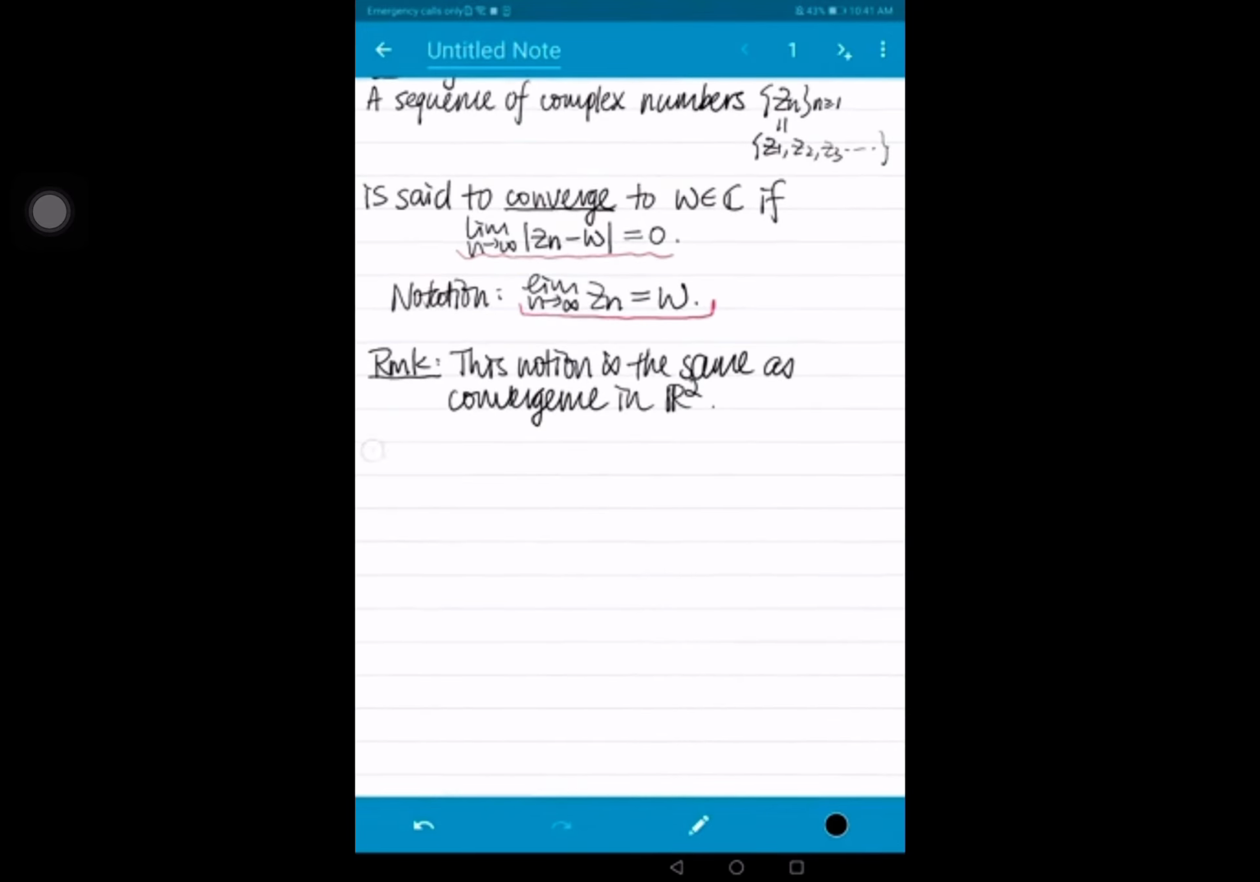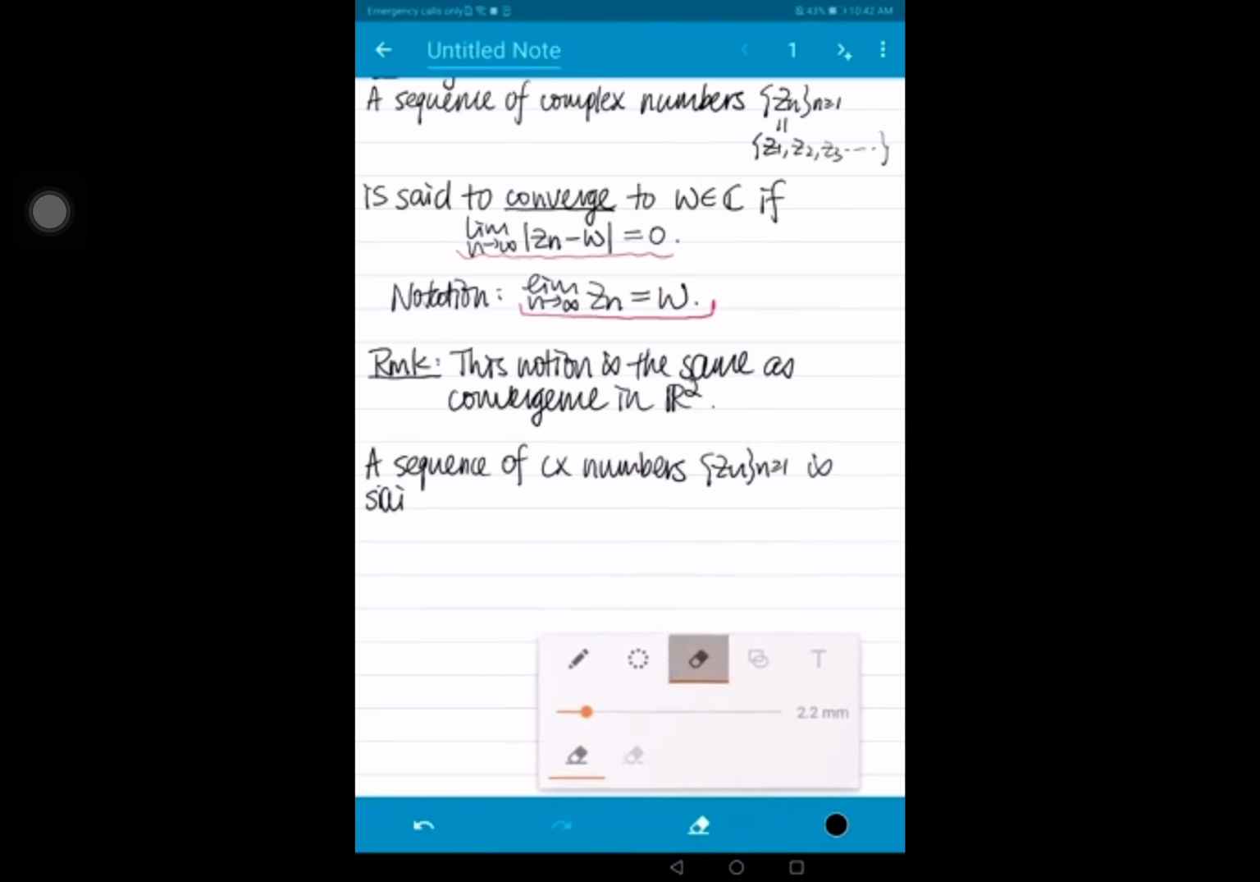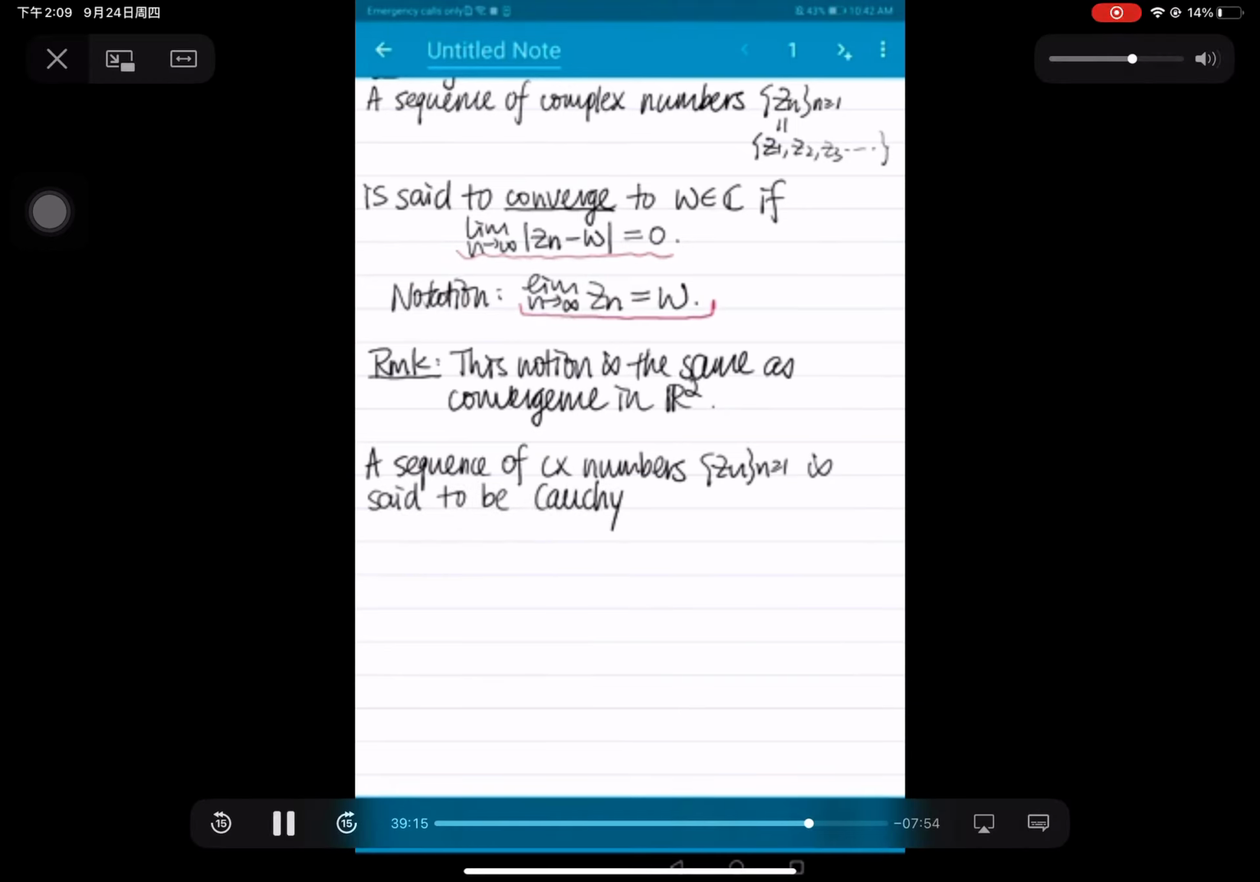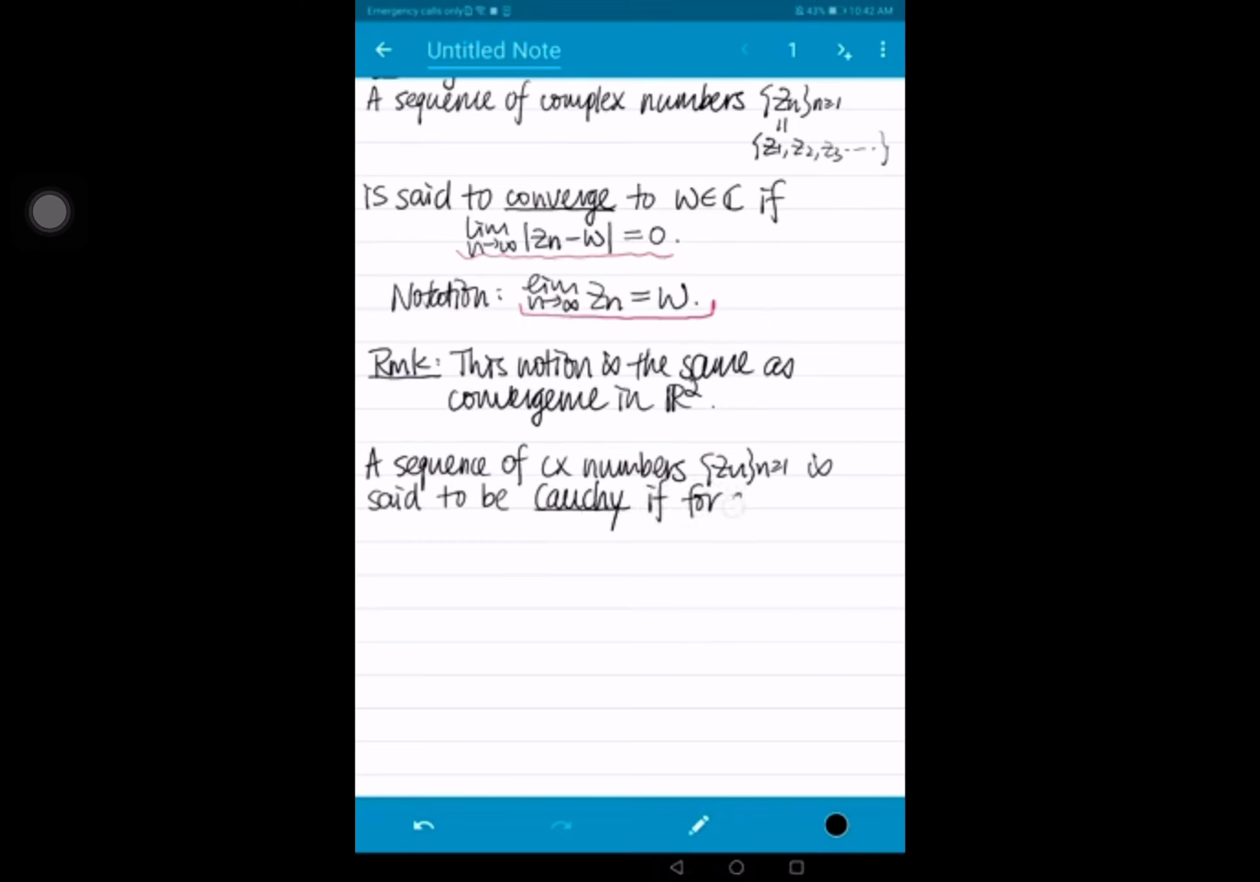Okay, so a sequence of complex numbers, z_n, is said to be Cauchy if for any epsilon bigger than 0, there exists an N bigger than 0 such that the distance between the nth and mth guys in the sequence is smaller than epsilon for any n and m